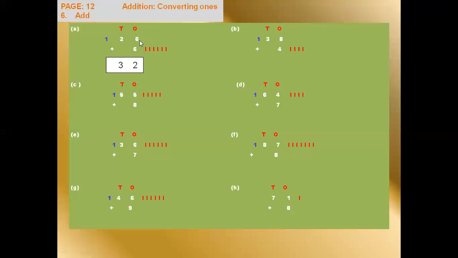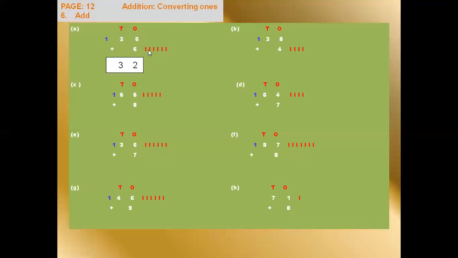So when we add ones, if the answer is more than 10, mean if more than 9, if answer is here 10, 11, 12, so we convert this one, take and add the into tens. So how we will add? Look this one. There are these red lines. Red lines mean I draw 6 red lines.